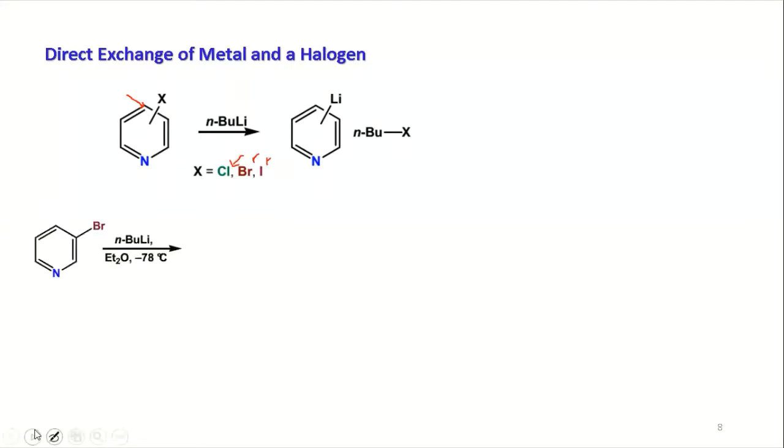What is happening? You have butyl minus Li plus. So butyl will attack here, and you have negative charge development on the carbon center, and there you have the lithiation. We call this process lithiation. Many people make a mistake here. They do the reaction like this, attacking here and doing the butylation. It is not going to work in this way. If you have the halogen, butyl will always prefer to attack the halogen and generate a butyl halide, and lithiation will take place.